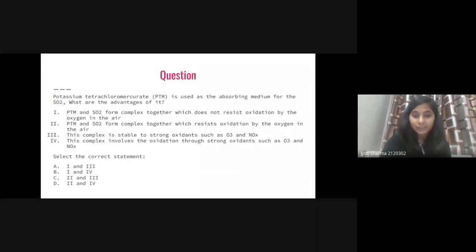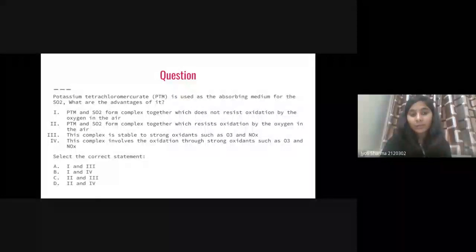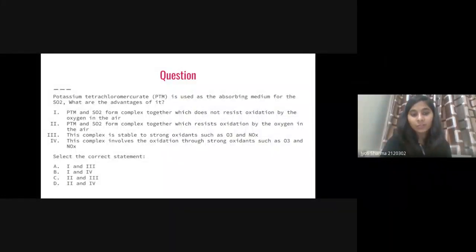Why are we using this? It must have some advantages, right? So what are the advantages? Based on the four statements, you have to select the correct statement. So what different advantages do we have, why are we using this potassium tetrachloromercurate as the absorbing media for the sulfur dioxide? So the first statement is that